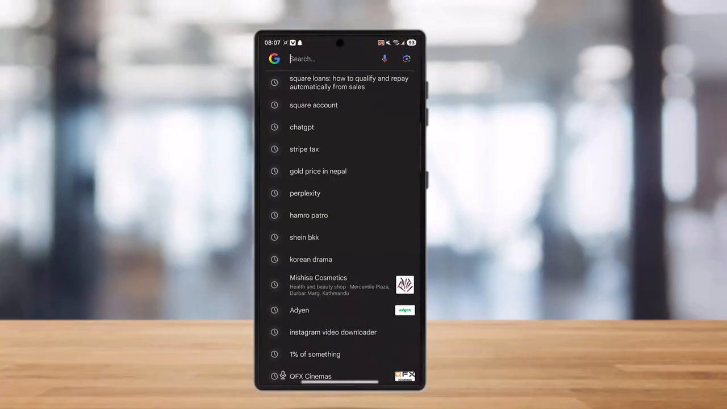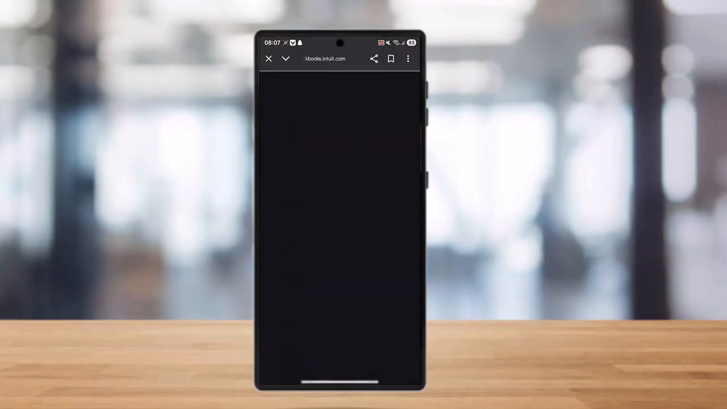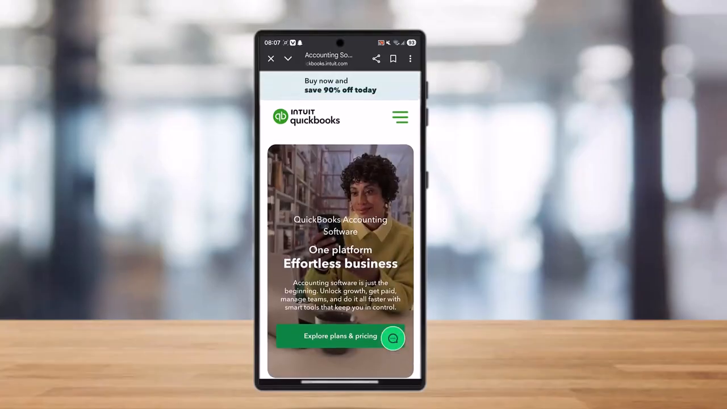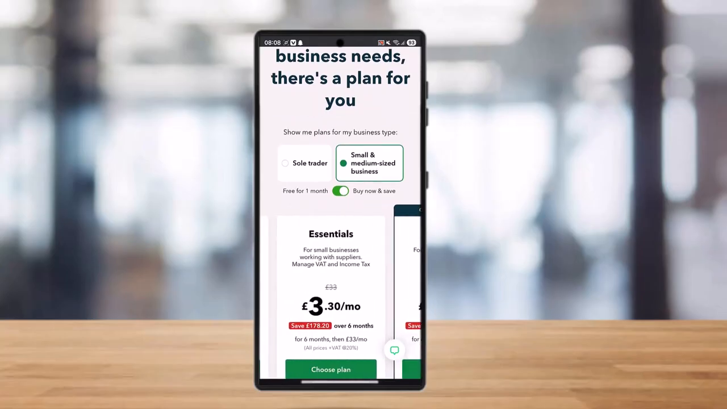So first of all, what you've got to do is simply go to QuickBooks. Once you are in QuickBooks, you need to log in to your QuickBooks account. After you get logged in to QuickBooks Online and purchase a plan for it, you need to